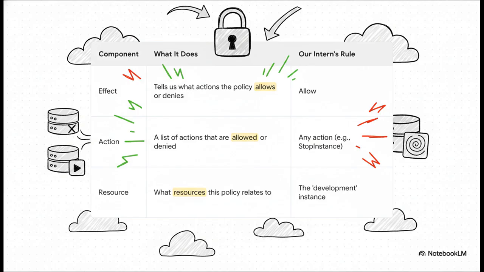An allow or a deny. Second, the action. What is the person trying to do? Are they trying to stop instance or start instance? And third, the resource. What are they trying to do it to? And this right here is where our tags become absolutely crucial, because we can say only the server tagged is